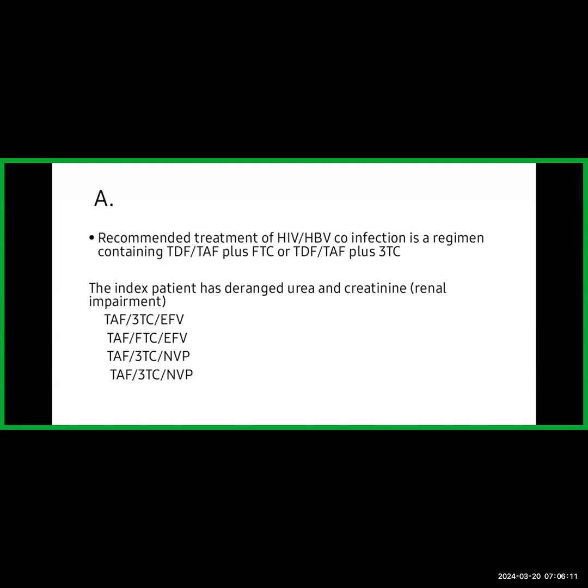So I don't know whether we can use PPI in this case, but based on the knowledge I have of the guidelines, usually the first line starts with the backbone of nucleoside or nucleotide reverse transcriptase inhibitors plus non-nucleoside reverse transcriptase inhibitors. These are some of the combinations that will be suitable for this patient. The reason being that